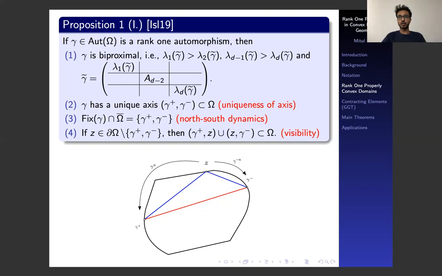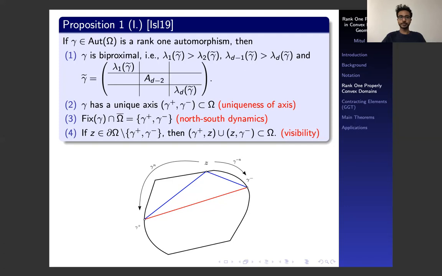With this definition of rank 1 automorphism, we can prove some interesting properties for a rank 1 automorphism right away. We have listed them here as proposition 1. First, we can show that gamma is biproximal, that is lambda 1 is bigger than lambda 2, lambda d minus 1 is bigger than lambda d, and gamma tilde, which is a lift of gamma, has this form of a